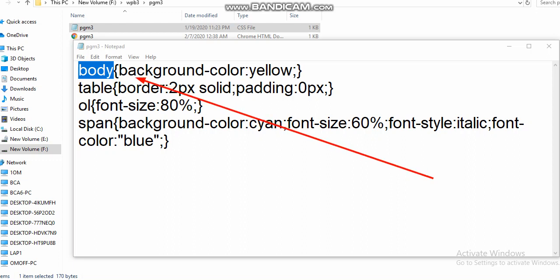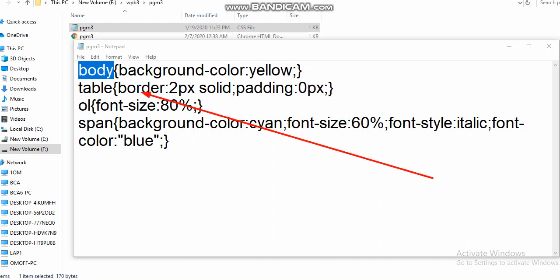So please check it. You can take this flower bracket at the downside also, or you can type it on the same line, but make sure that you end the property and its value with a semicolon and then the flower bracket.